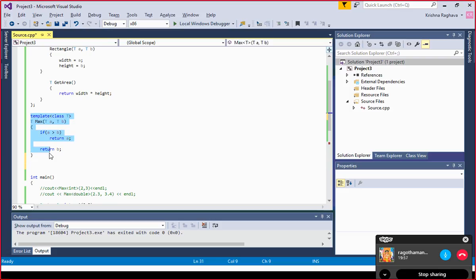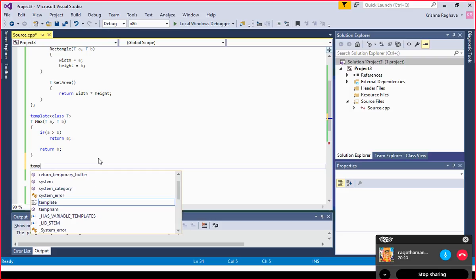If I want to make max work for characters, sometimes for characters, say capital A and small a, we are giving the same precedence. We don't want small a to have higher value than capital A. So the character has a different behavior. So how I can define a different function for a character is I can just say template